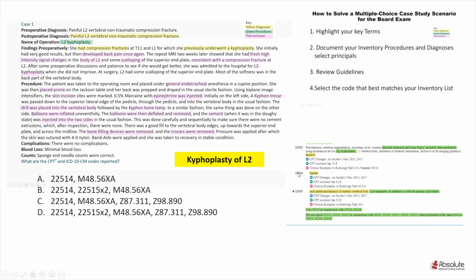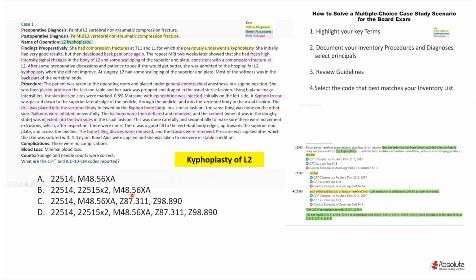Okay, kyphoplasty of the lumbar spine. That's exactly what it is. In fact, it is one vertebral body of the lumbar spine, and we are only coding for one vertebral body. Also, 22515 is coding for each additional lumbar vertebral body. That's not applicable because we aren't coding for additional vertebral bodies. So we are going to eliminate any answer that's coding for the additional lumbar vertebral body,